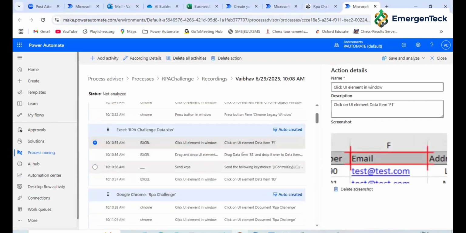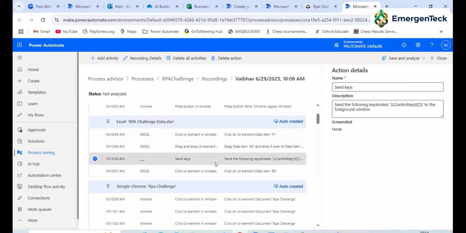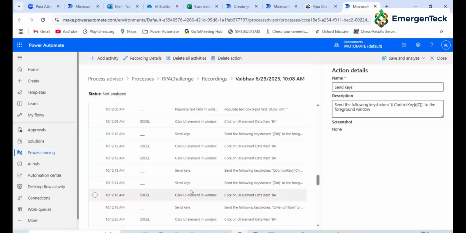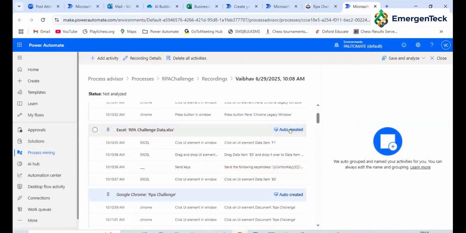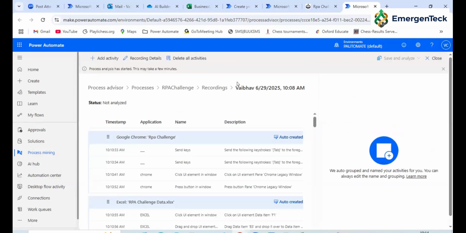It will show where we are taking all the information and where we are updating. It will record all the steps we have performed. After that, we can mention save and analyze. Save and analyze, so it will analyze the recording and then create reports in